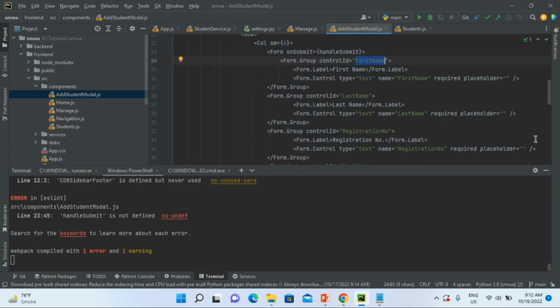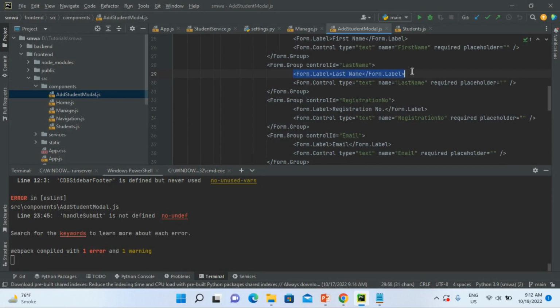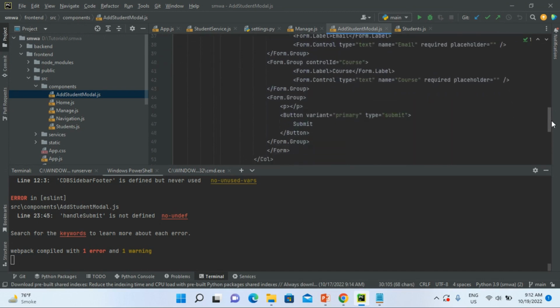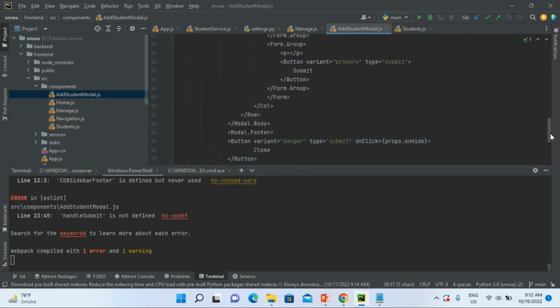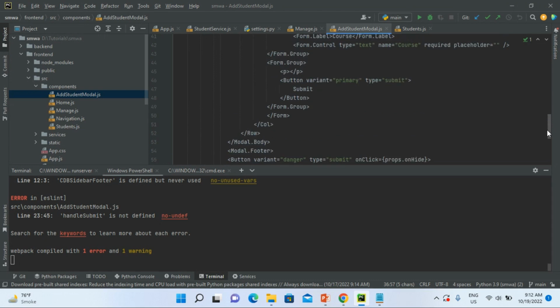And that's it, I think. And this is just the label for our form. This is the text field. And then finally, if I go back here, these control IDs will be used to pass back the information to our manage component, and then it will be saved in our backend. So that's it. Here we have button primary type equals submit, and on click of this button,